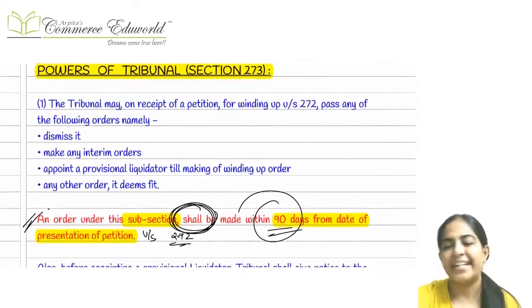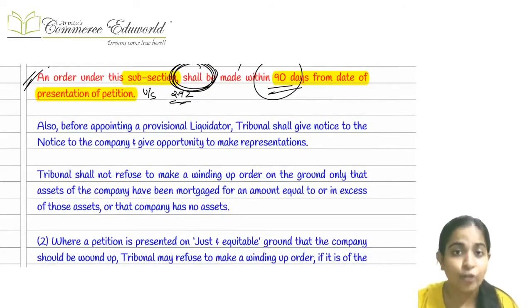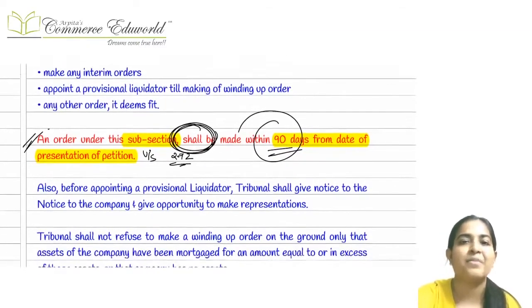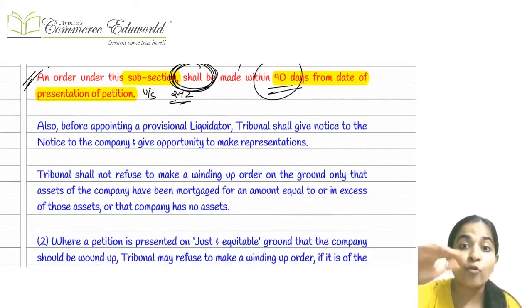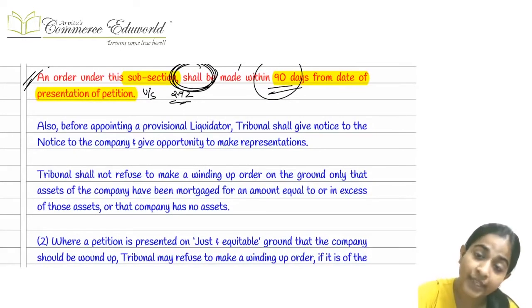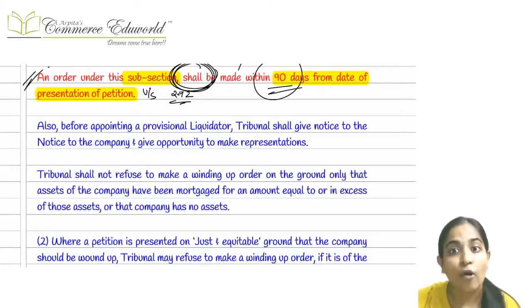Right, now listen, once the petition is filed with the tribunal, what steps can be taken by the tribunal? Either the tribunal can accept it and say yes, we should wind up this company, or it can say no, it is utter nonsense, you should not wind up this particular company. Or it can appoint, primarily, a provisional liquidator. A provisional liquidator is just like your IRP, the interim person. Or when it is sure that winding up should happen, then it can appoint a liquidator, the final liquidator also, which can be a company liquidator from the database of the IBC, or a government servant, that is the official liquidator.